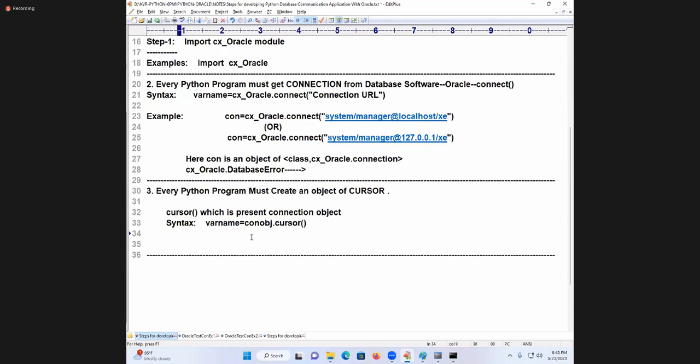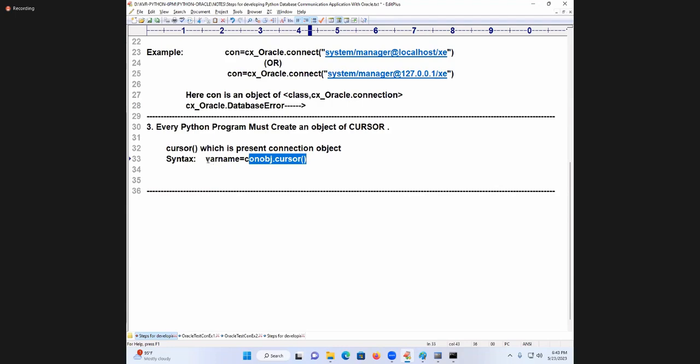I am saying conobj dot cursor of. What is this variable name? Here the variable name is an object of class cx_Oracle.cursor. cx_Oracle dot what? Cursor. Are you following me? So cursor is a function present in which object? The cursor function creates an object of cursor object, which is ready to carry the data from Python program to